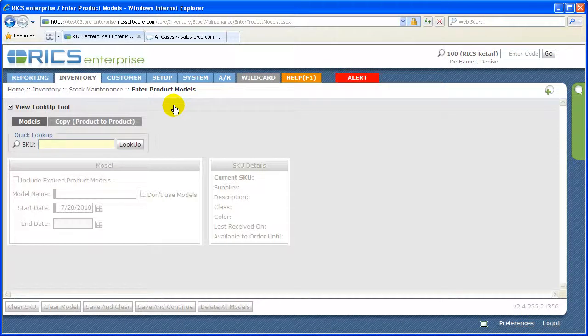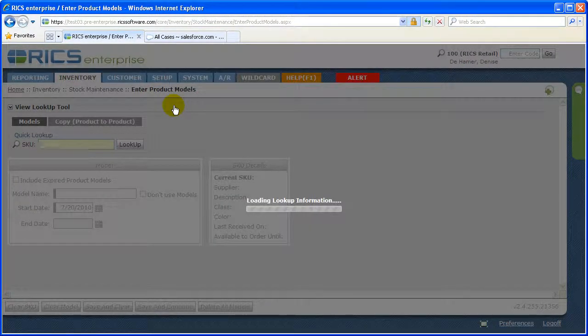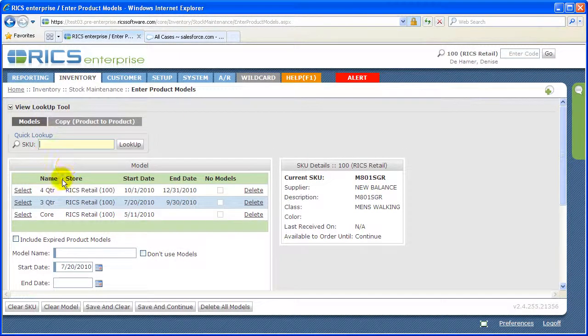So the first thing that we're going to do is we're going to look up the first SKU that we're going to create a model on. You can either use the lookup with the magnifying glass icon, or you can type it in and press enter. So I already created a couple models here, but the great thing about this is you can have multiple models